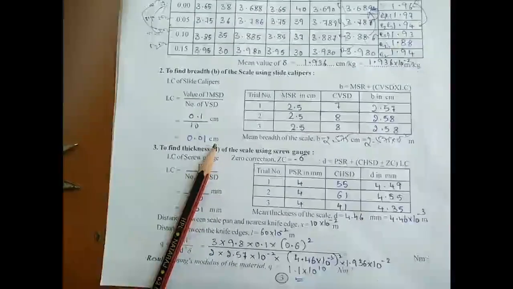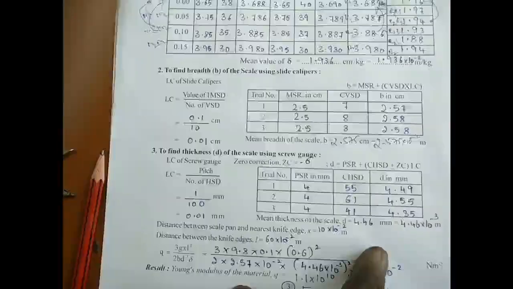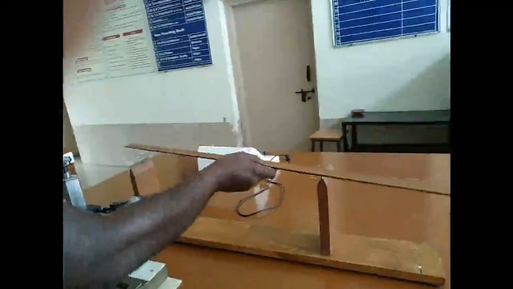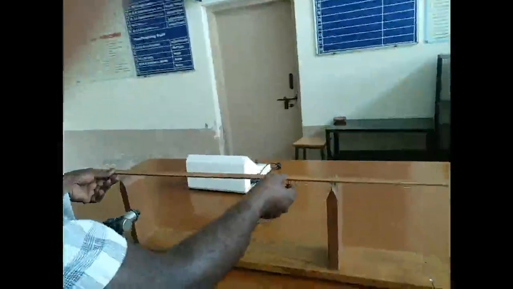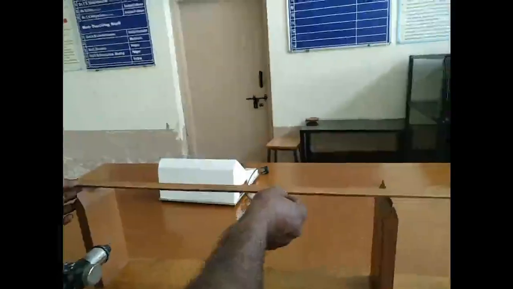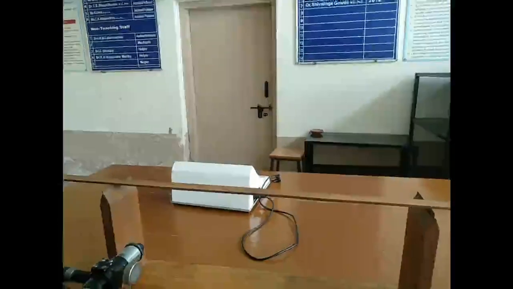That average thickness you have to convert to meter, by multiplying by 10 to the power of minus 3. After that, now we are going to set up the apparatus. Take this given wooden scale and keep it here, and it will be kept on the 2 vertical uprights. We have marked lines like this here. First line, second line. Right side also, first line, second line. Now we have to keep the given wooden scale on the vertical uprights. That means the 2 first lines will coincide exactly with one another like that.